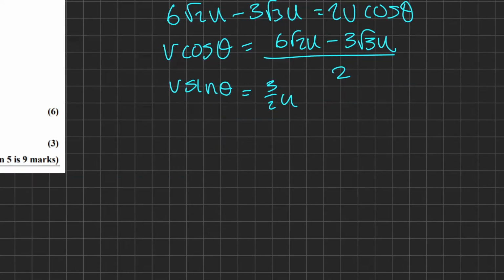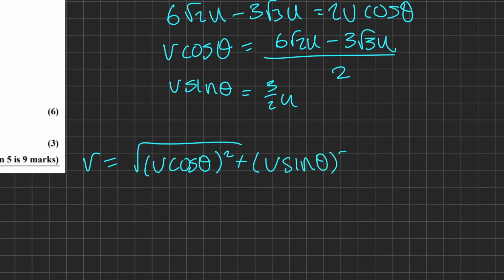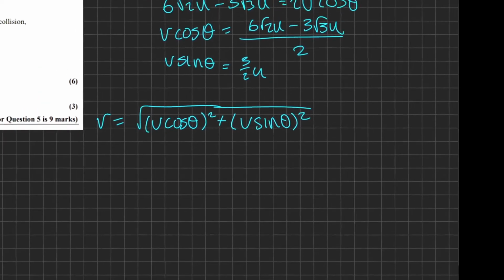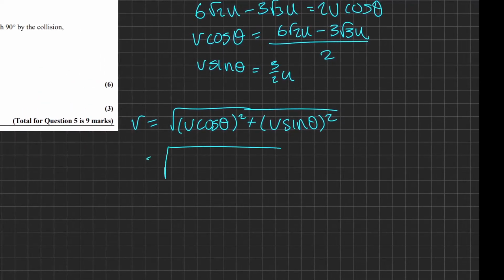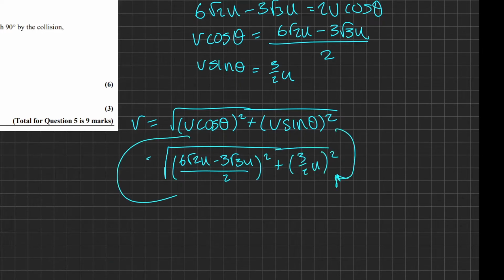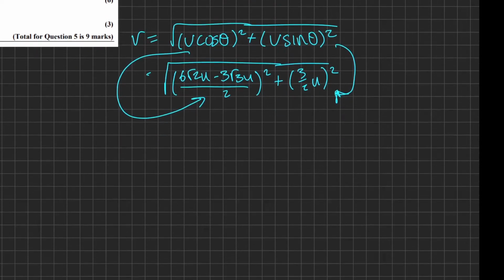So now I've got v cosine theta and v sine theta. I can use the equation that v equals the square root of v cosine theta squared plus v sine theta squared to work out v in terms of u. So it's equal to the square root of v cosine theta squared, which is 6 root 2 u minus 3 root 3 u over 2 squared, plus 3 over 2 u squared. That's the v sine theta. So that's that, and that's that. And that gives me v as